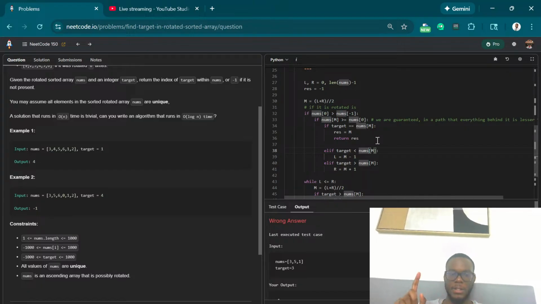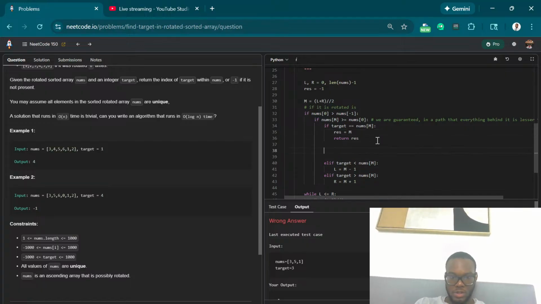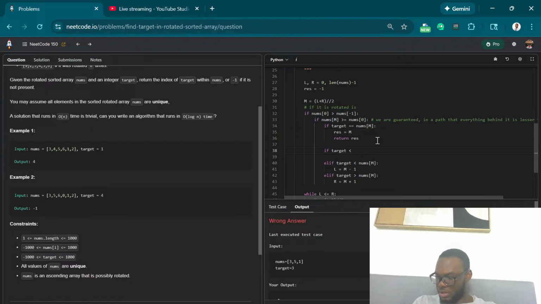If it's rotated and the target is smaller than the first element, then it has to be on the right. If you rotate it and the target is smaller than what do you call it? So if target is